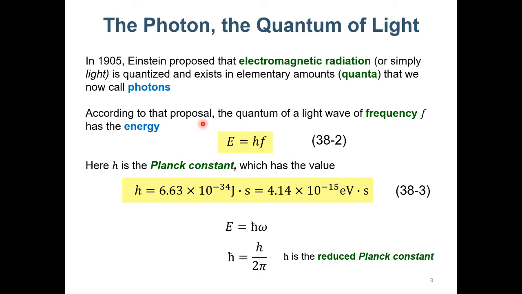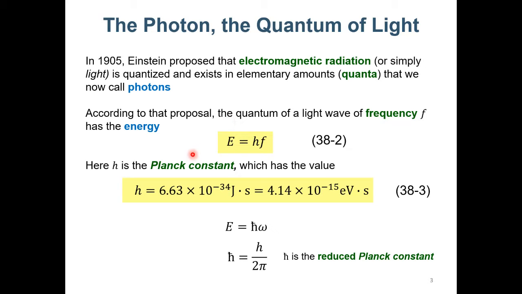And actually, E equals hf is a result from the photoelectric effect. So at that time, he tried to fit the photoelectric effect with a mathematical model, and he actually